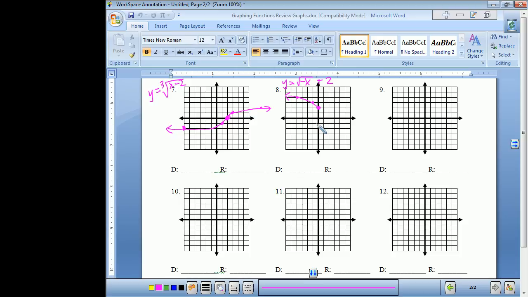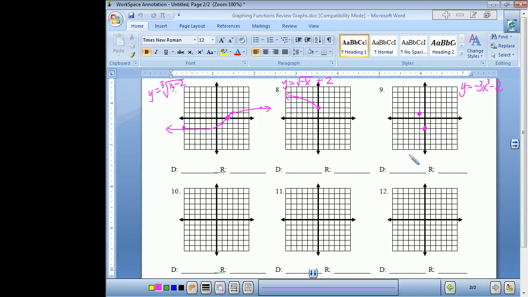Okay, back for number 9. On this one, we have y equals negative 3x cubed minus 2. So we're going to start down here at negative 2. Now, this is a cube, so I'm cubing, but I'm also multiplying by negative 3. So instead of left 1, down 1, because negative 1 cubed is negative 1, we're actually going to go up 3. And that's the only point on the left side that's going to fit, because the next one would be